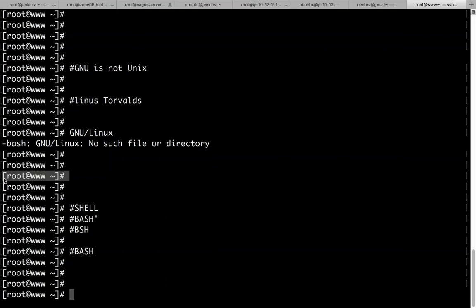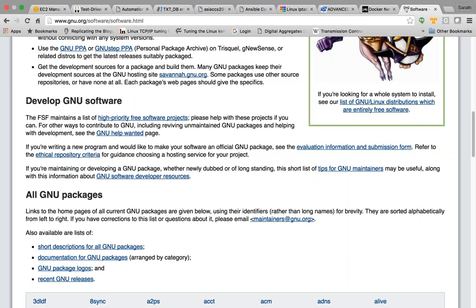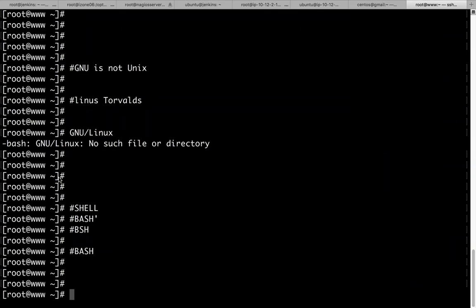Once bash shell is initiated, the user will be presented with a prompt like this, and using this prompt, you will be able to type in other commands. When I say other commands, what are those? They are other programs from GNU, from gnu.org, where you will actually be using bash shell to trigger other programs. Isn't that interesting?